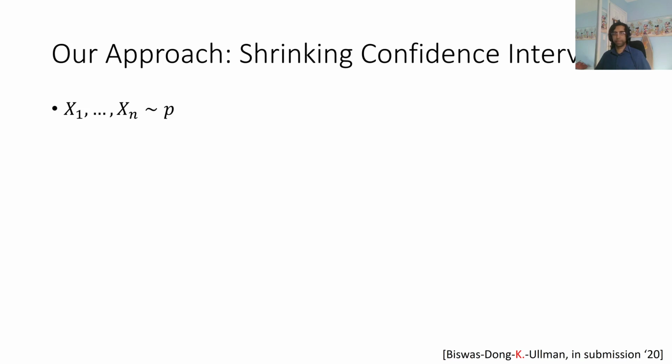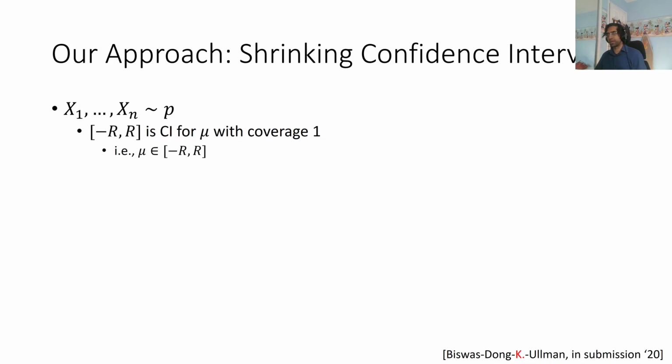generally applicable. So we imagine that there's some data set x1 through xn, which is distributed as some distribution P, which is not known. We have the following guarantee. We have a confidence interval for the mean mu, which has coverage 1 minus beta, and we'll say that mu is going to be in [-R, R]. So this is kind of weird. We know that the mean is between some two numbers. And why do we need that?